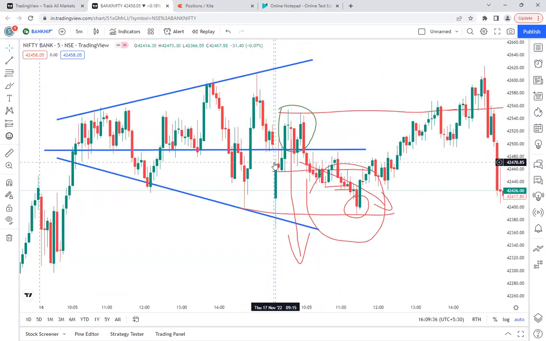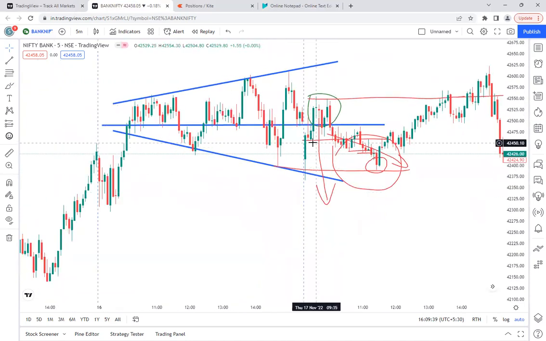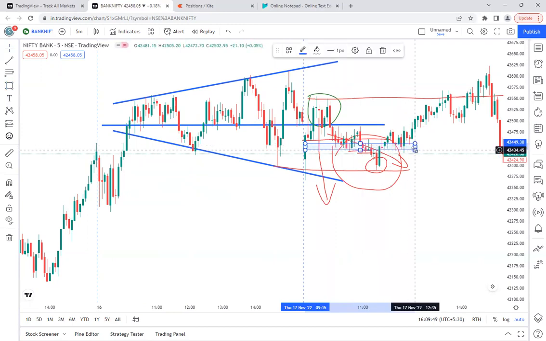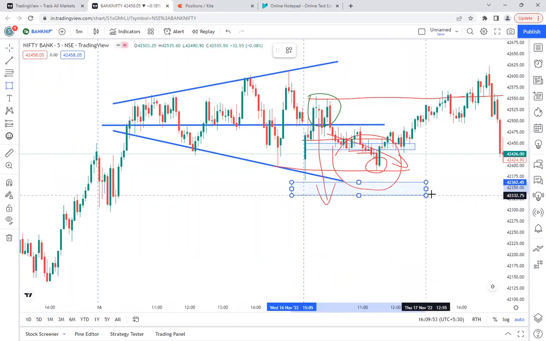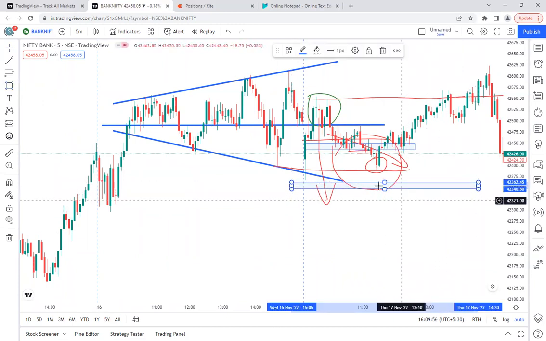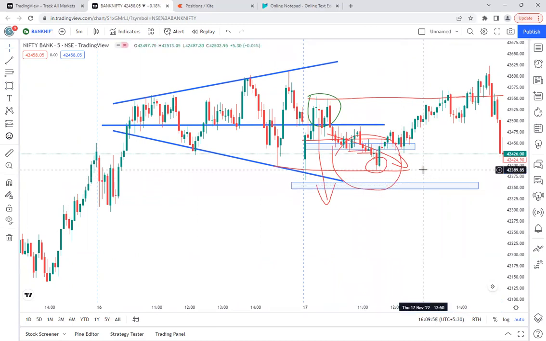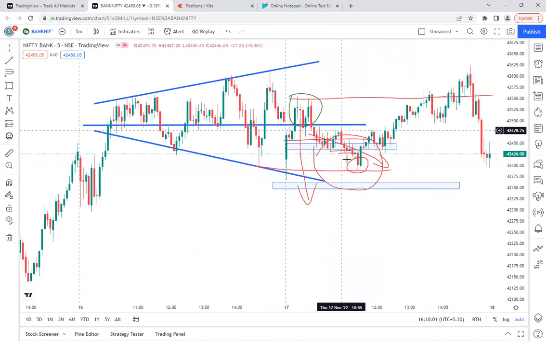If you closely observe, all these buyers either will be keeping the stop loss just below the support, or some people might have kept the stop loss below the first 5-minute candle also. So those who have taken major risk, they're safe for the day. And they got the sellers here, and they reversed the complete opinion and market structure there, and they started going up and they killed the sellers.